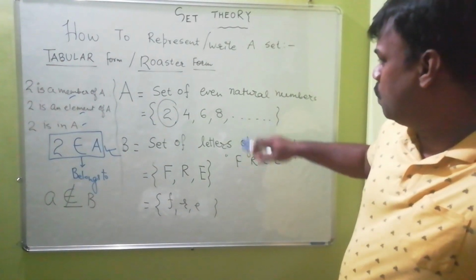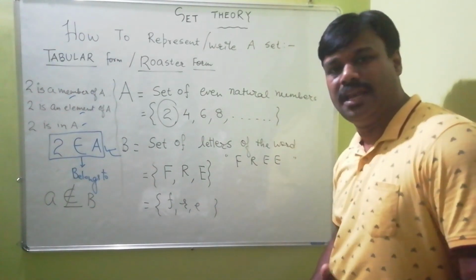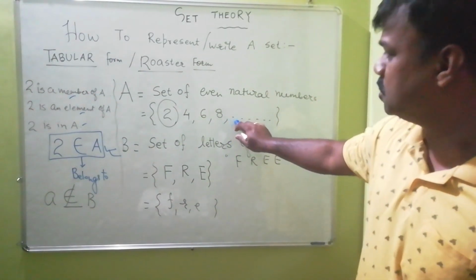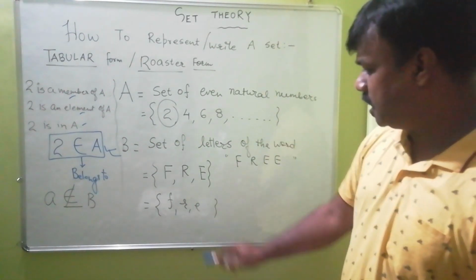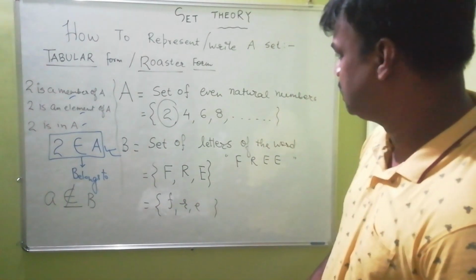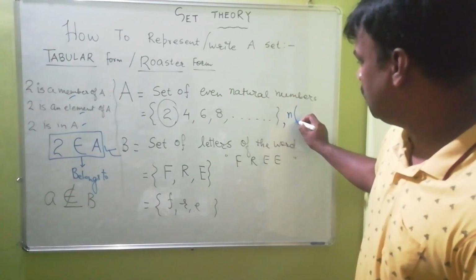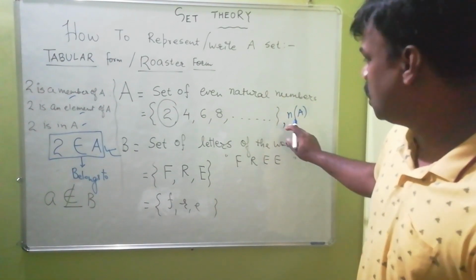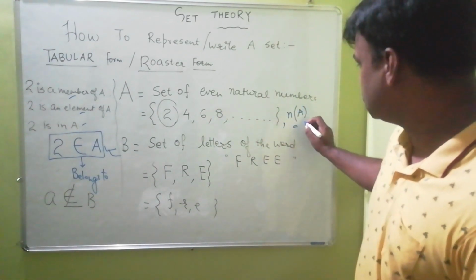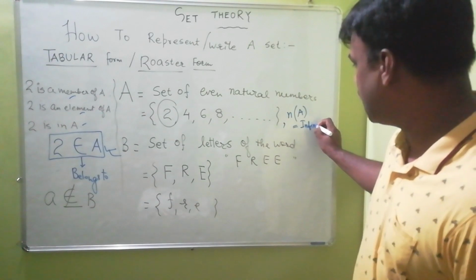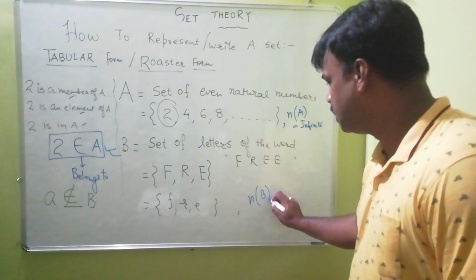Now see what is the difference between set A and set B in number of elements. Here you just see there is no end of elements. In this the number of elements is countable. Here you can say yes, this has 3 elements. Here we write the number of elements in set A like this. This is called the number of elements in a set. Here can you say no, this is infinite as there is no end of this. But here the number of elements in set B is 3.